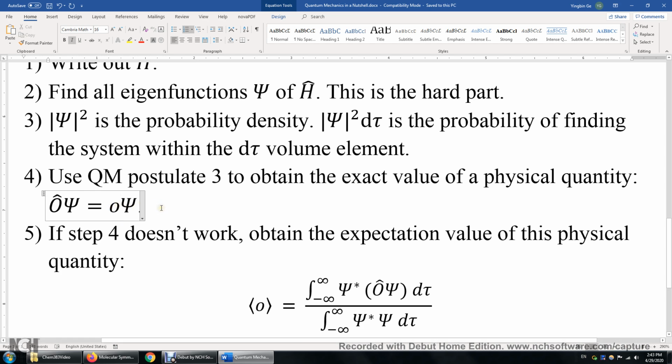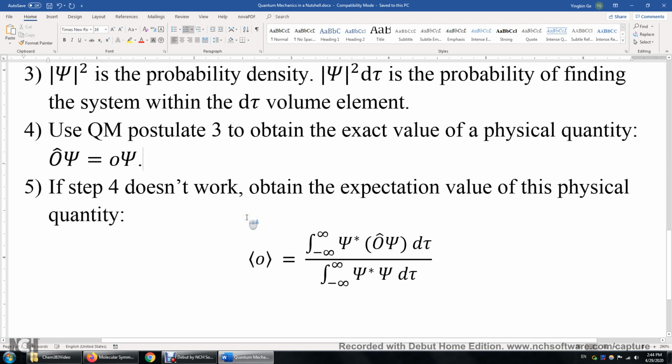But you have to be really, really lucky to have this psi be the eigenfunction of the physical quantity operator. Very often, step 4 does not work, and then we can still obtain the so-called expectation value of this physical quantity by evaluating two integrals. So on the bottom, it's just the integral of the squared modulus of psi. On top, it's the integral of a product